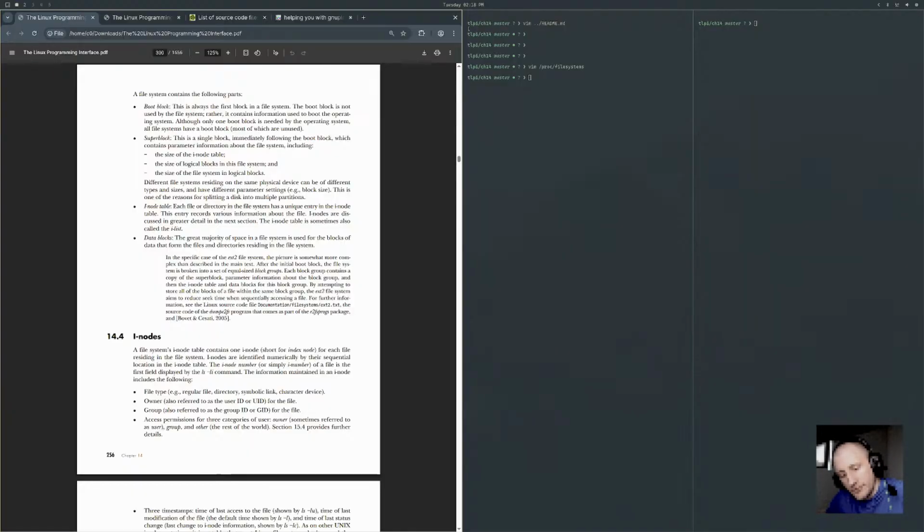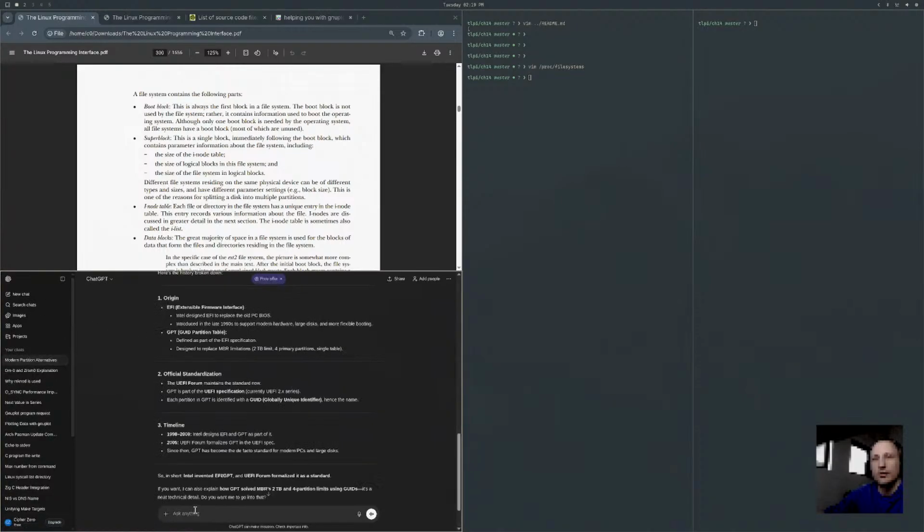The file system contains the following parts. Boot block. This is always the first block in the file system. The boot block is not used by the file system, rather it contains information used to boot the operating system. Although only one boot block is needed by the operating system, all file systems have a boot block, most of which are unused. Let's go back to AI.